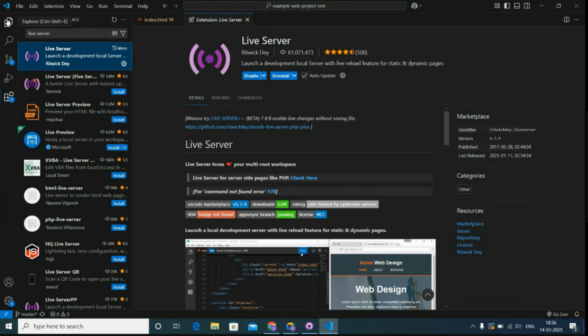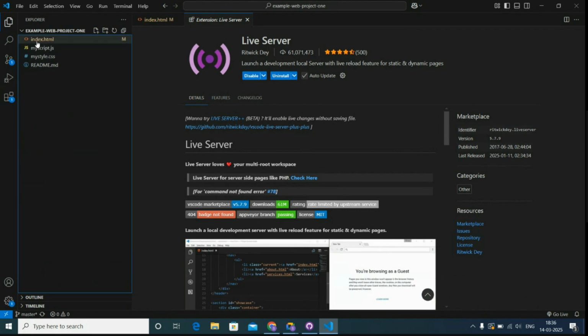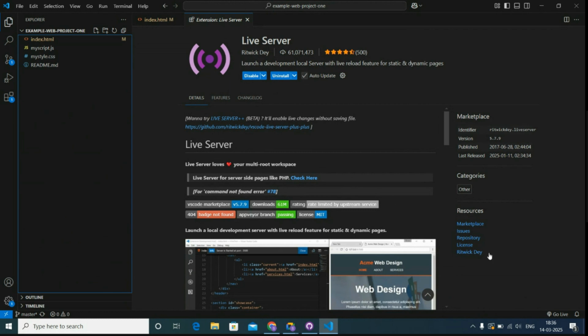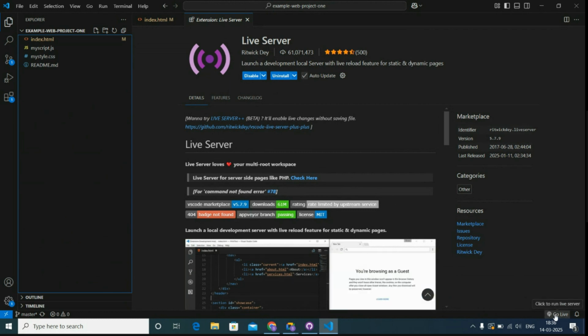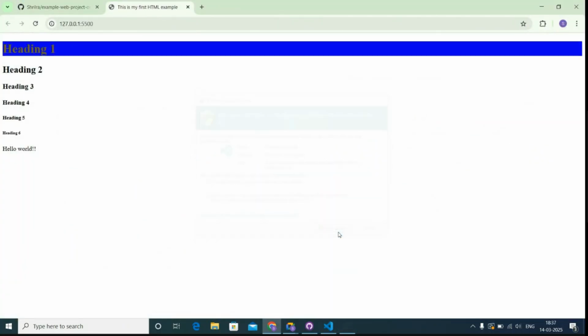So now how do we start the LiveServer? Let's go back to the Explorer. Here I want to start the LiveServer on this folder and I have to click on Go Live. You can click on this to go live. It will ask for permission, allow it, allow access. LiveServer is running on